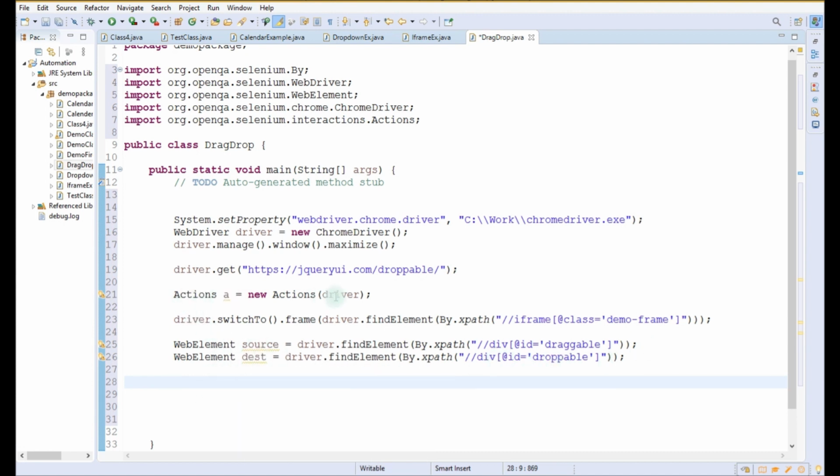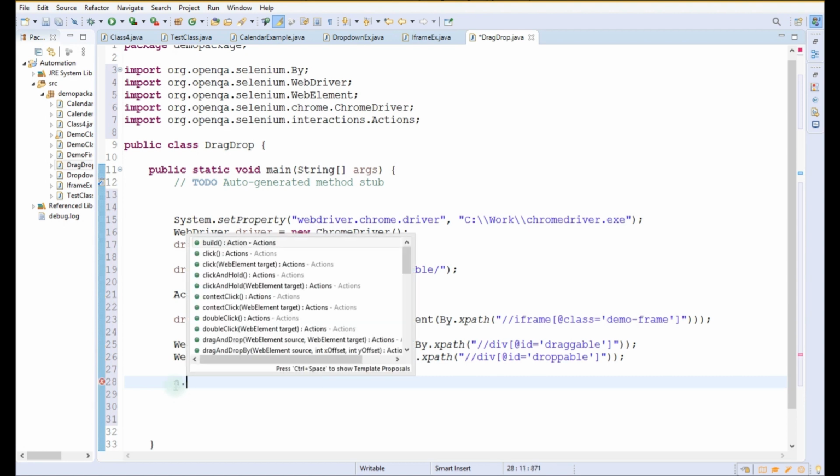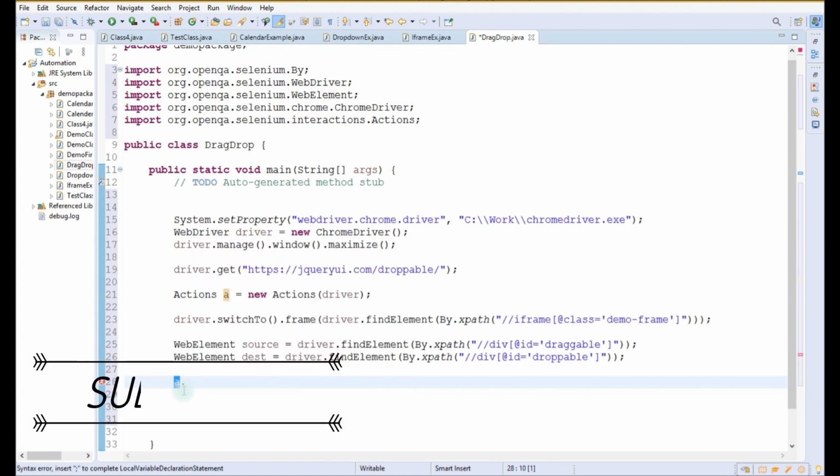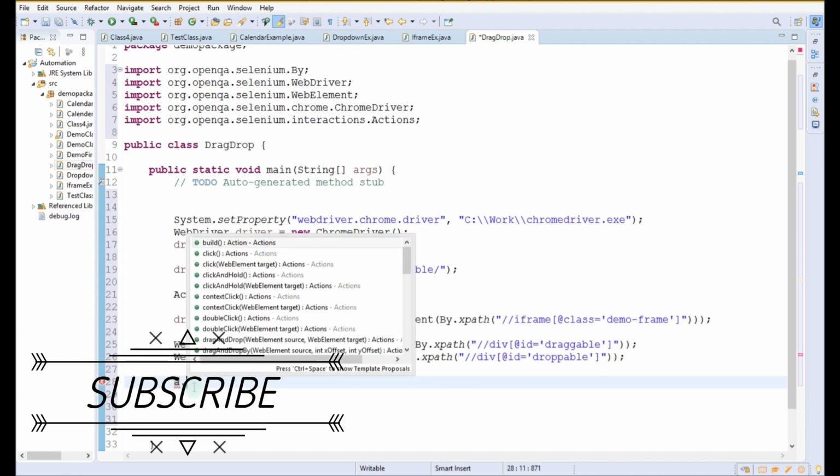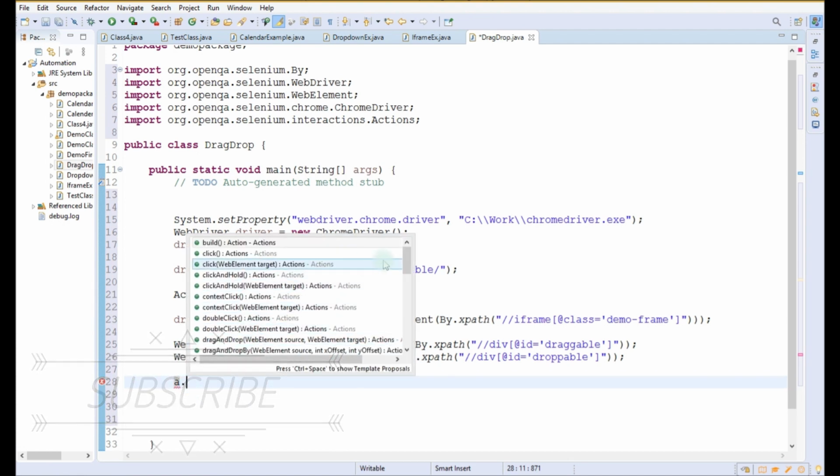So we have taken two web elements, source and destination, and we have also created the Actions class object. For using the Actions class for drag and drop, we write a dot. Here a is our object of the Actions class, and it displays the suggestions: build, click WebElement, click and hold.